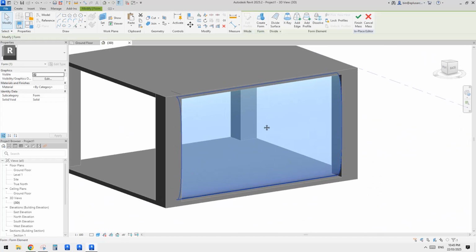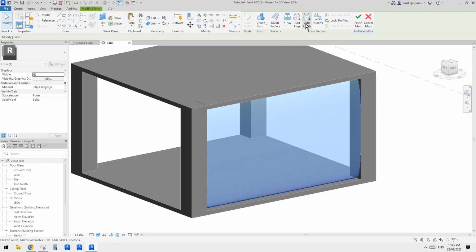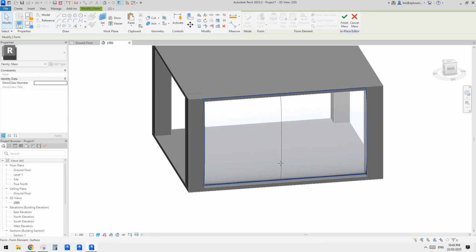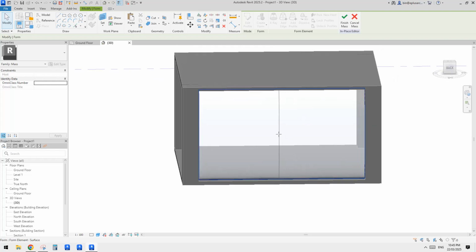But with this one, we can try. Let's try. So you can add profile. Once you add profile, you move your cursor onto this surface, so you can see it can add one extra. But for this one, you can't really pick. I want this to be exactly in the middle point, but looks like we can't really